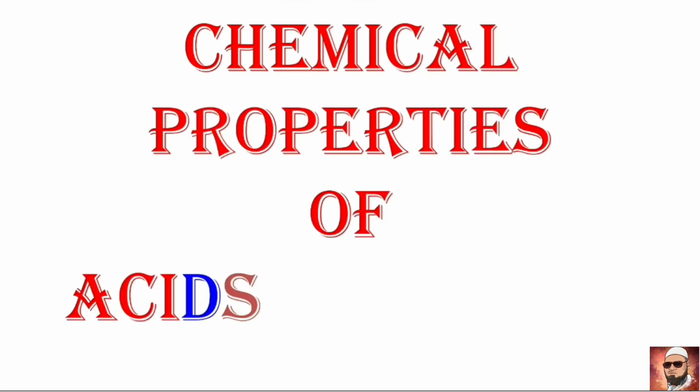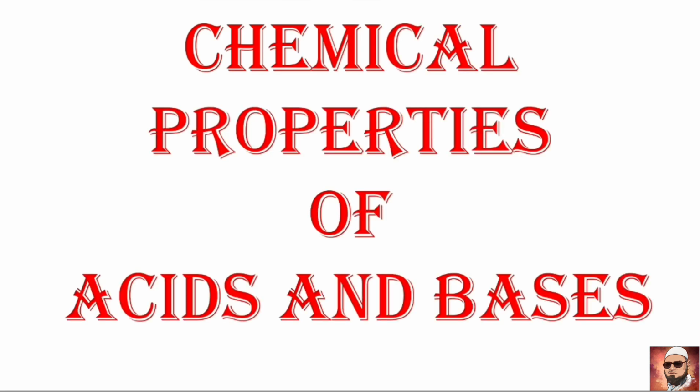In this video, I am going to explain to you about the chemical properties of acids and bases. The topics to be discussed are the response of various laboratory substances with indicators like blue litmus paper, red litmus paper, methyl orange, phenolphthalein and olfactory indicators. So students, without delay, let's start the topic.